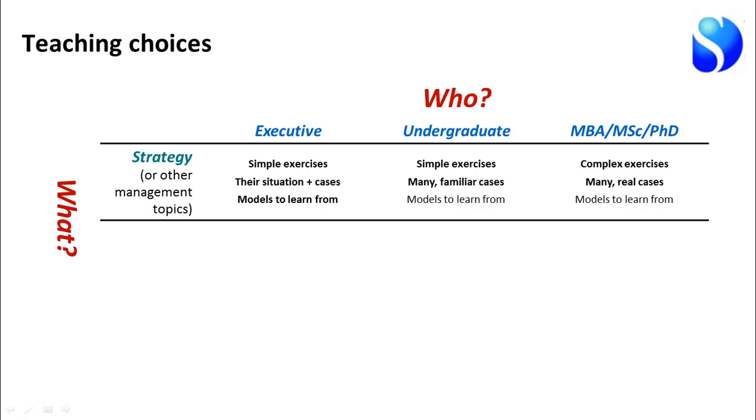learn from. If you move across to undergraduates, I'm not implying for a moment, by the way, that executives are less intelligent than undergraduates. I'm simply implying here that our learning aspirations with executive groups are typically somewhat less than with undergraduates, simply because we've only got them for a day or two, whereas for an undergraduate degree class we've got them for 10 weeks or 14 weeks or whatever. Again, though, with undergraduates, simple exercises, and I made the point in a previous webinar that it's easy to